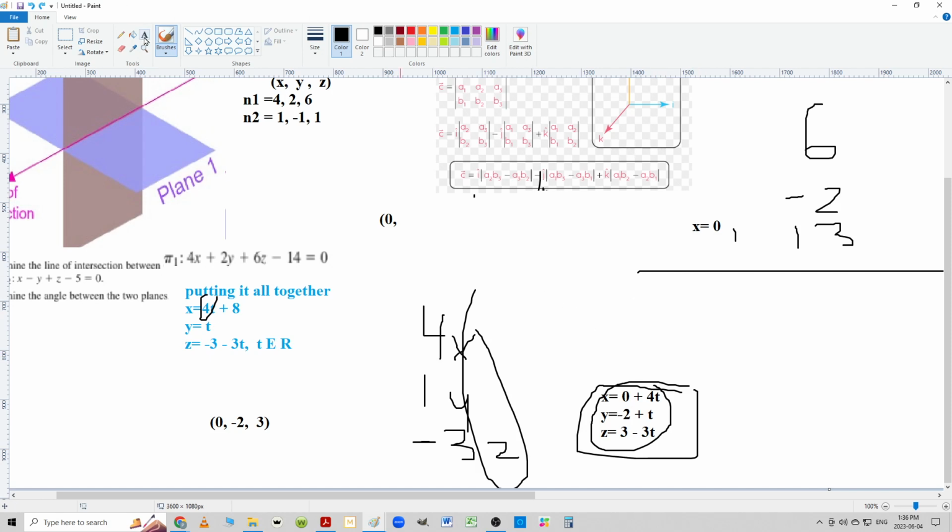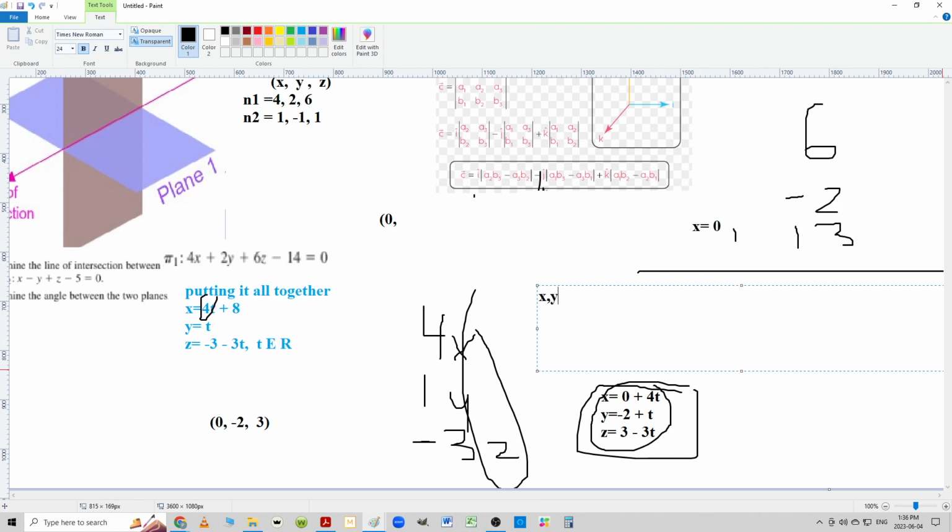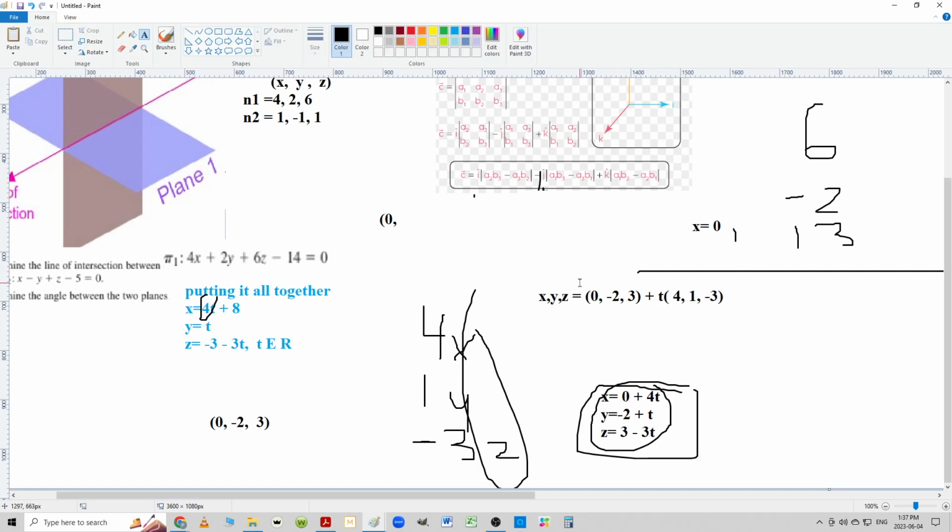But if we broke it down into directional vector form, it would be x, y, z is equal to our point of origin, 0, 0, 0, minus 2, and 3, plus t times our scalar that we found. The scalar we found was, I think, 4, 1, and minus 3, which are just the cross product we found earlier. And that is written in vector format, and this other one is written in